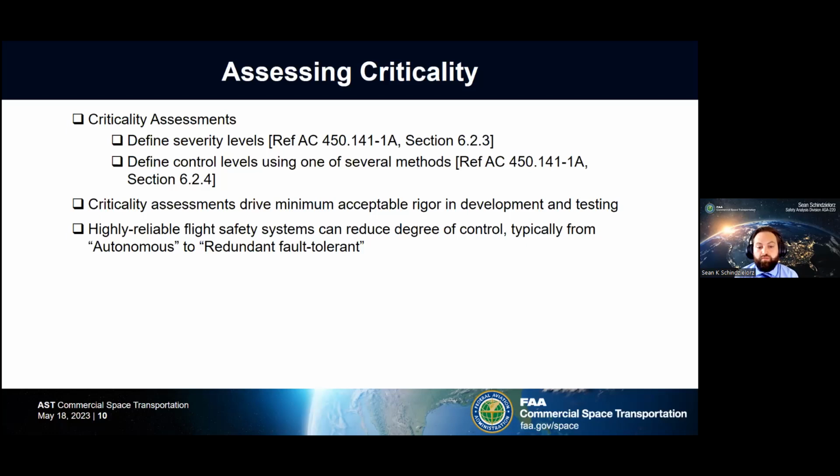One important note that the FAA has clarified since the adoption of 450 is that a 145 highly reliable flight safety system can effectively reduce the degree of control of all non-AFSS CSSIs. This is because the flight safety system can intervene with high reliability to prevent safety hazards arising due to the failure of other CSSIs. This essentially acts like an additional level of fault tolerance for hazards for which the FSS